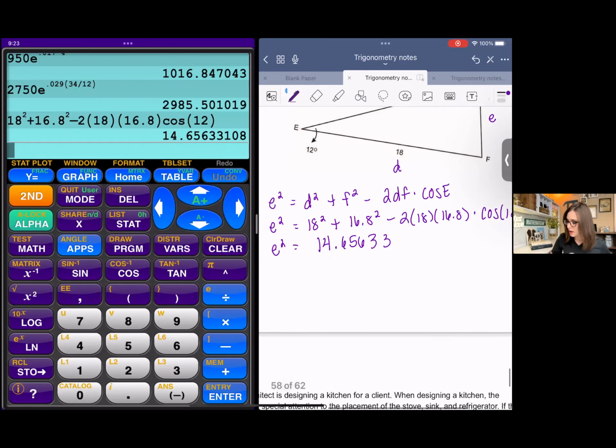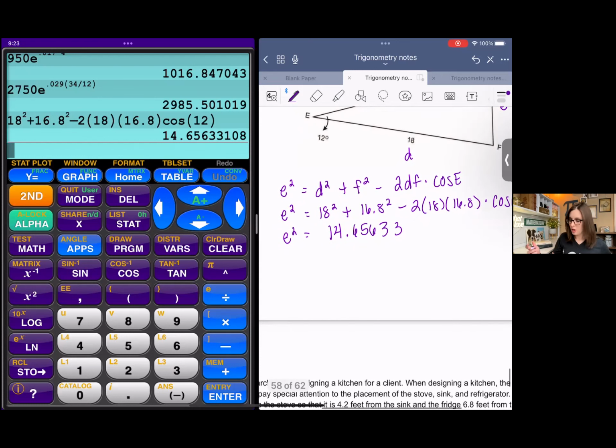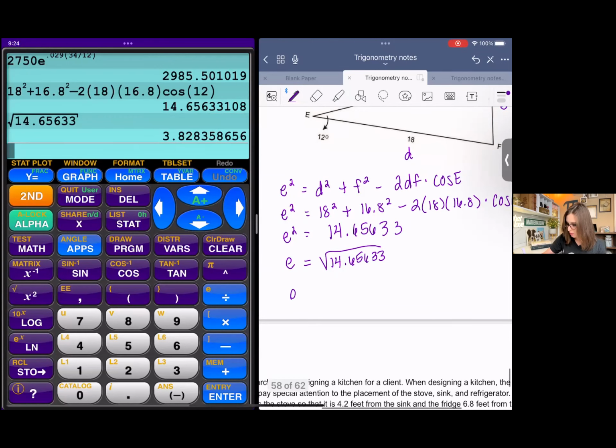And then the last step is to get rid of that squared. So to undo that, we're going to take the positive square root of this number, and only positive because we're talking about the length of a side. So the negative square root doesn't really make sense in this case. So do second square root of 14.65633, and we get about